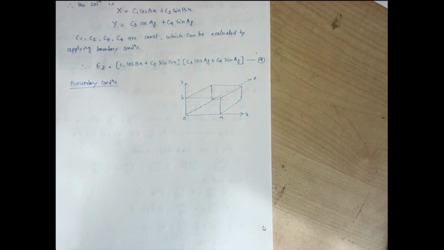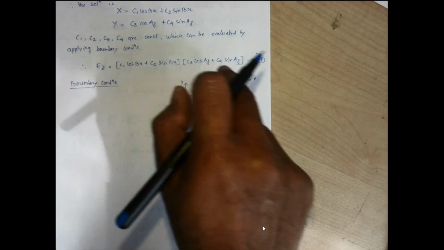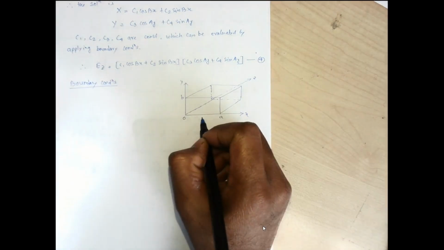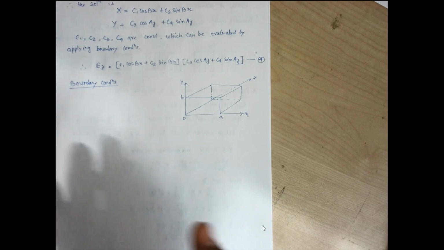So we can say Ez along the boundary walls of the waveguide will be zero. Ez on the boundary walls, that is top, bottom, left and right, on these four walls we can have Ez completely zero because the electric field will get shorted, right, because it is a conducting surface. So by taking this condition we will find out all the constants.